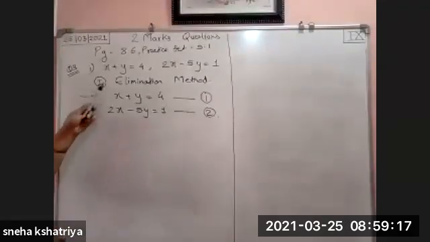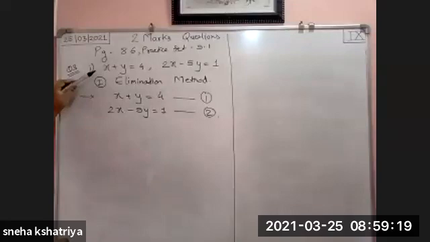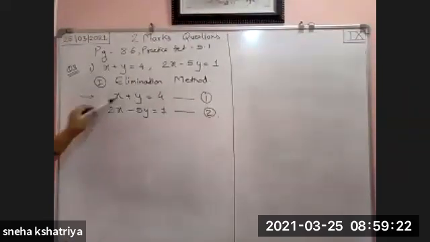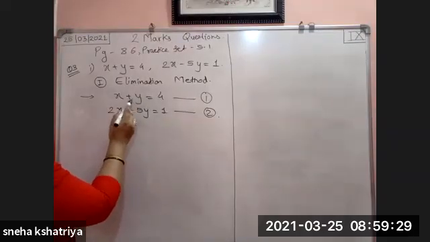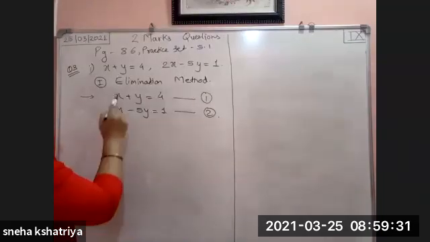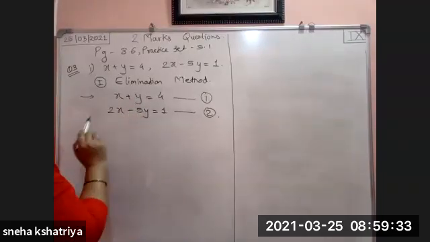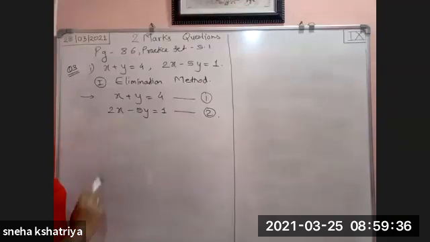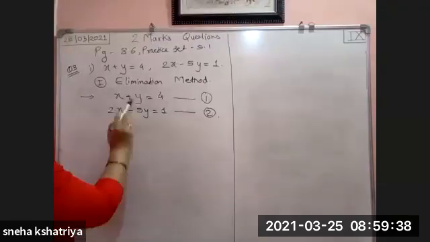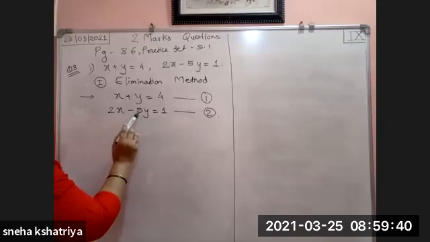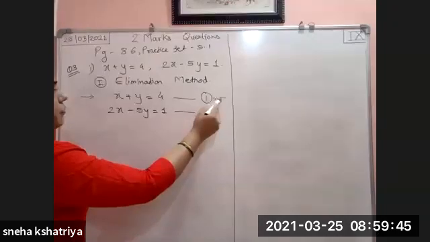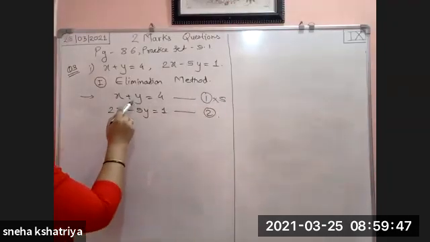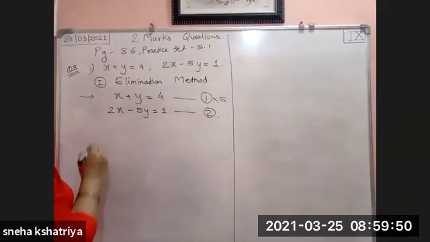We are going to see this example by both the methods, first the elimination method and second the substitution method. In the elimination method, first write down the equations, label them equation 1 and equation 2. Afterwards, see here the coefficient of y is the same variable but with opposite sign: here 5y is there, here only y is there. So we have to make this variable the same. So we have to multiply equation 1 by 5.